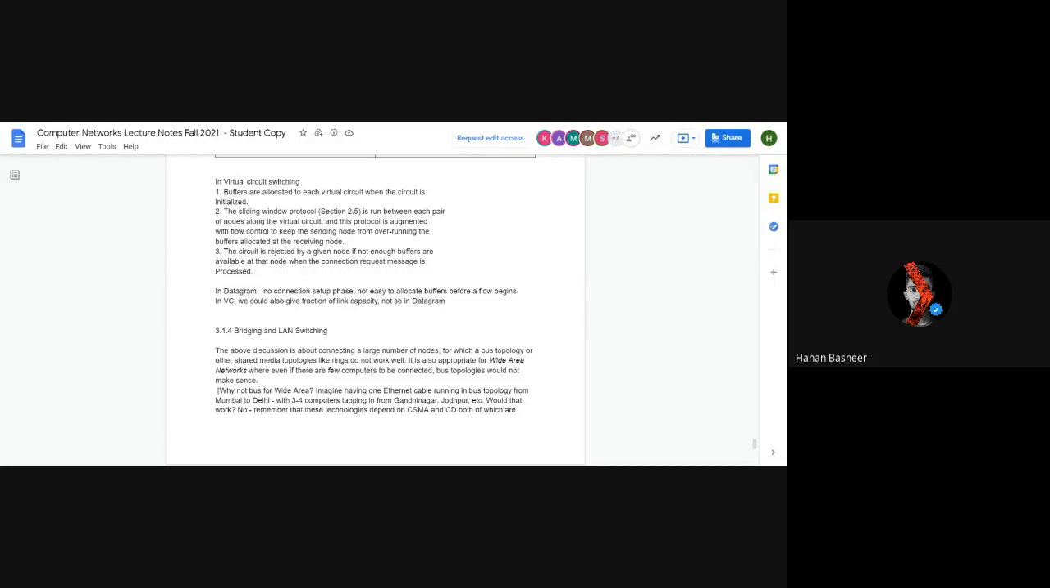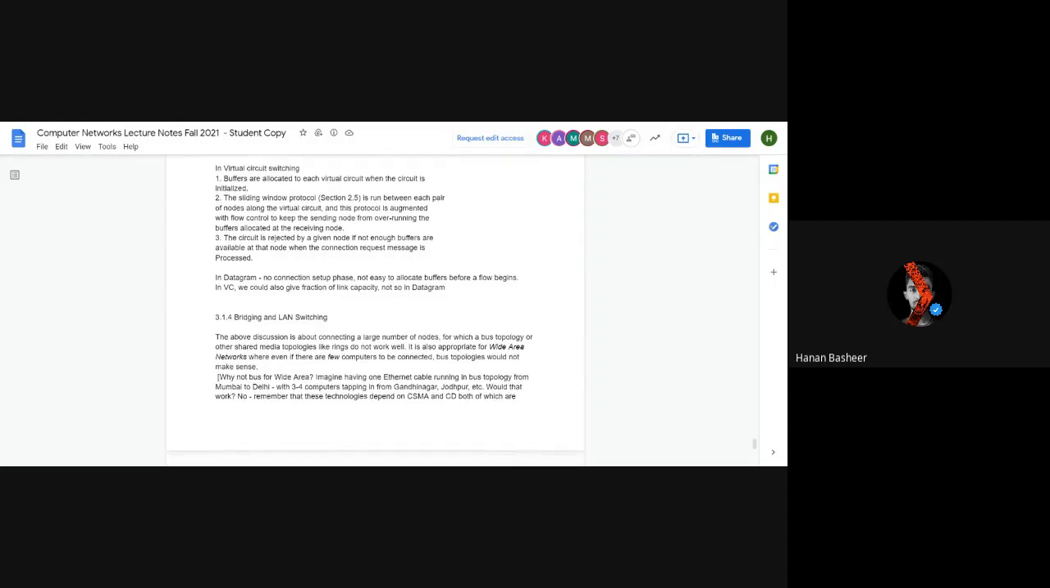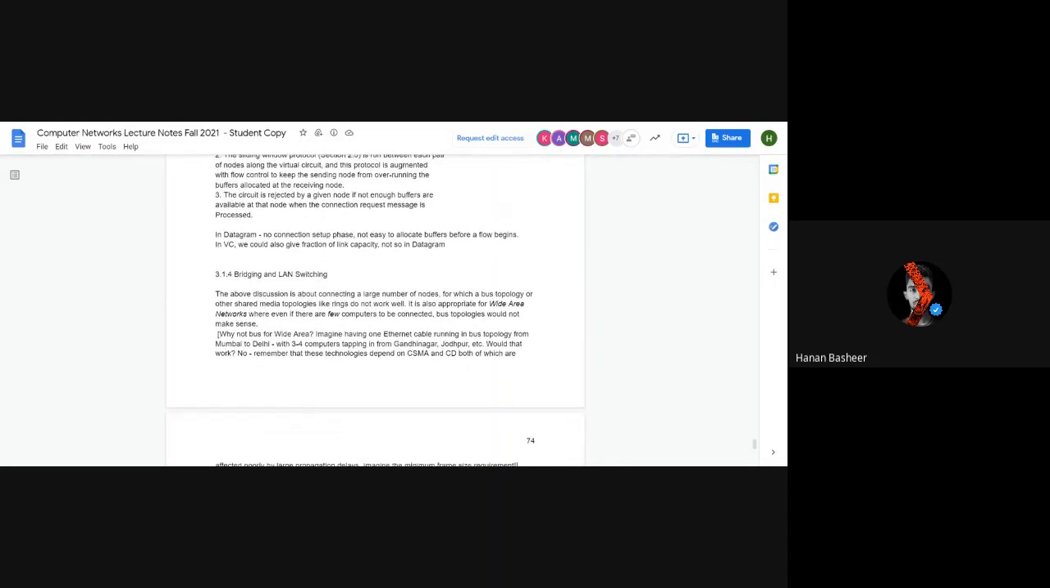That means if incoming is more than outgoing, then the incoming packets are stored in the buffer, and once the channel is quite free in outgoing, then the packets can be released. Then